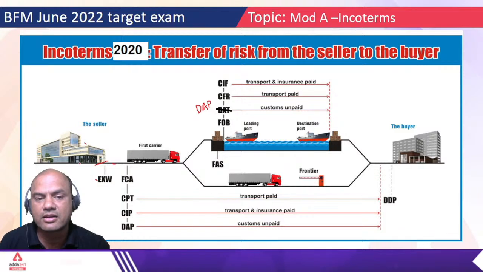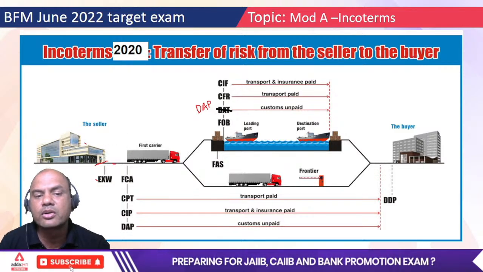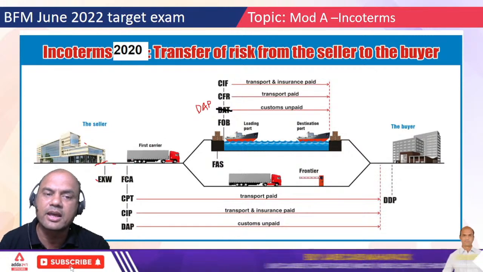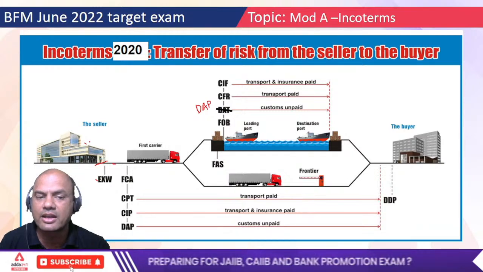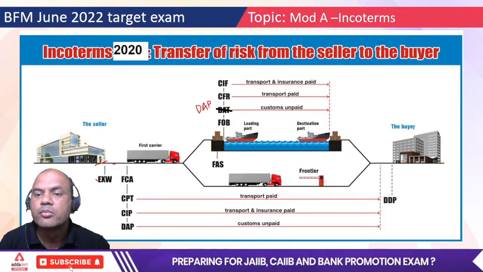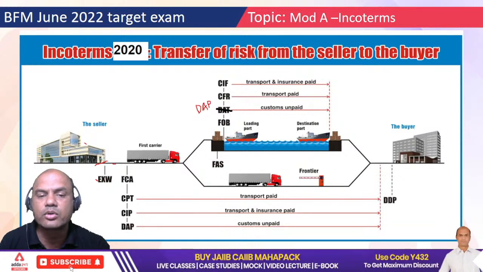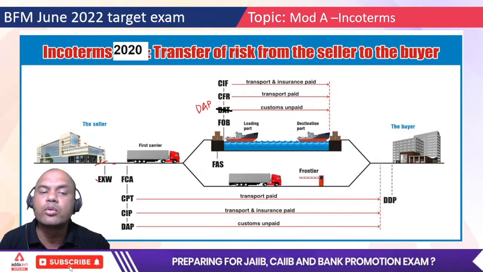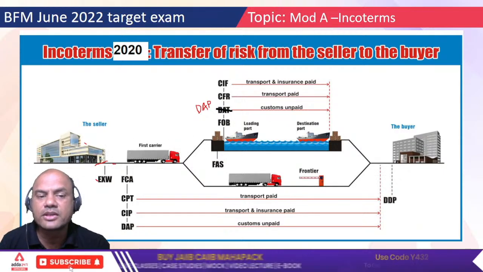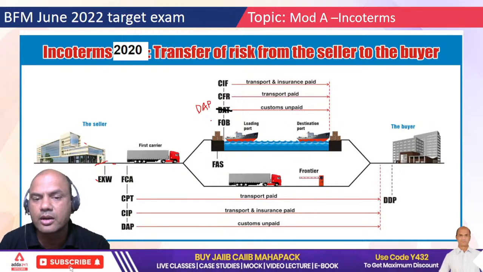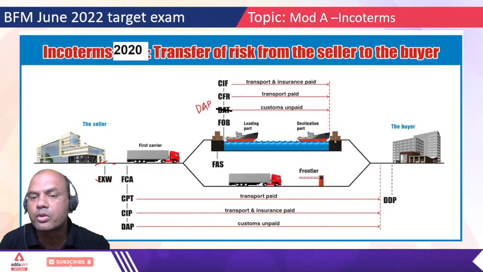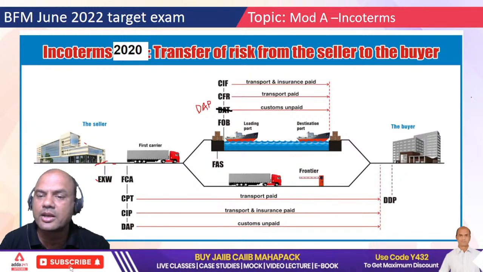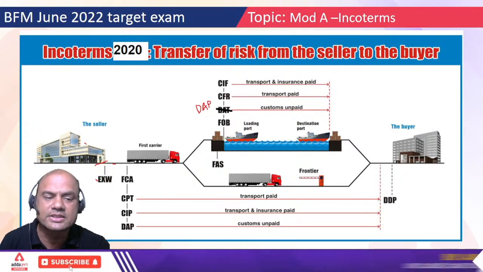Suppose the seller tells you, okay, I'll put the goods on the ship. See here, how does any international trade happen? Here is the seller's company factory. Here is the buyer's factory. Okay. Both deal with each other, and now the goods are to be sent from the seller to the buyer, of course after making the payment. So how to send the goods? Suppose the seller will send it first through a truck up to the ship, and from the ship to the port of the buyer's country. Generally it's international trade, right? Let's say it's India, the exporter, and the importer is the USA. Okay, so generally this is international trade.